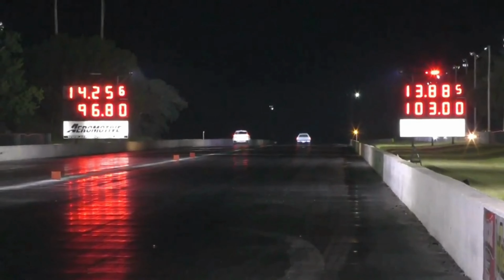And that time, I mean, for full bolt-ons, man, that's not a good time. It was kind of warm that night, and it was humid. So I don't know if that played a big part in what happened. And